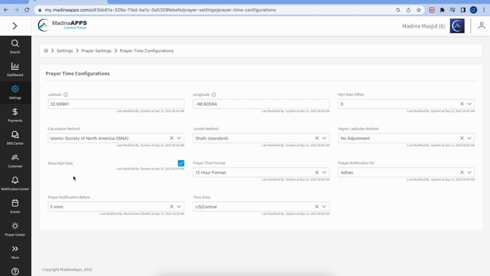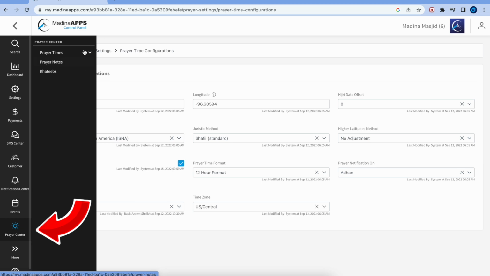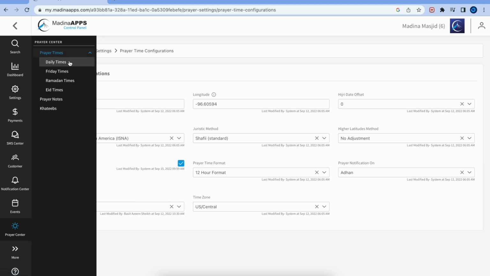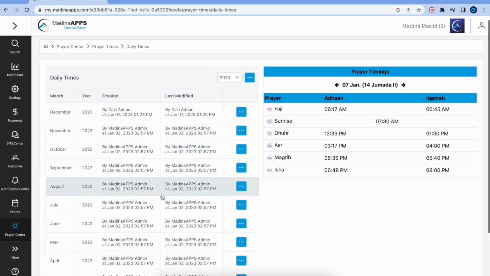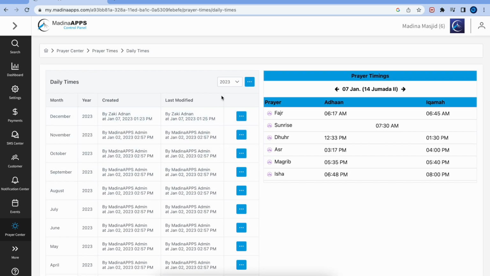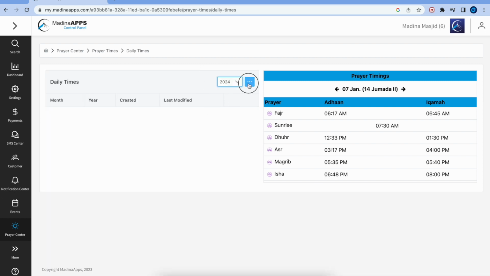So from here, once this is selected, we're going to come into the prayer center and go into prayer times, and then we're going to go into daily times. So as you can see right here, these are by month. All the prayer times have been loaded up here. For example, if I want to go into 2024, since 2023 was pretty much full, we want to make a new